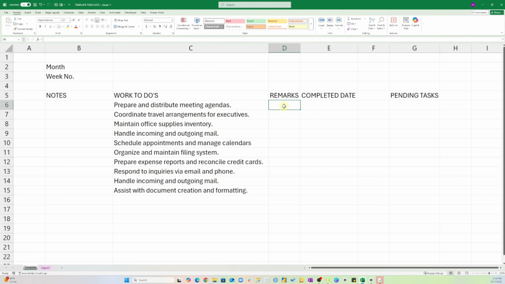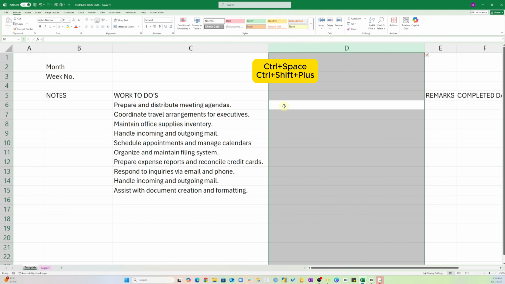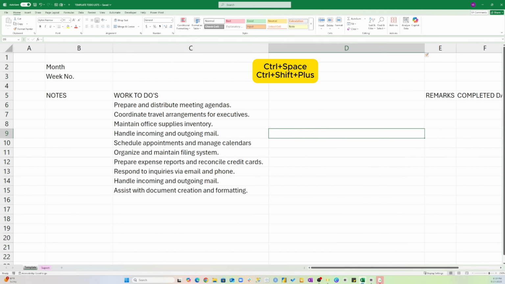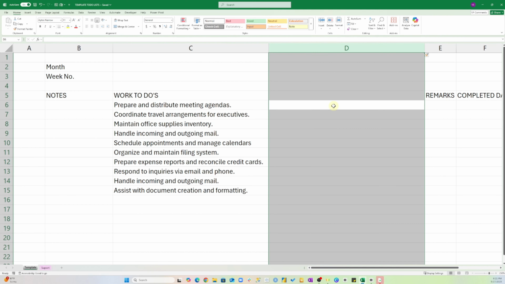I'll click on cell D6, press Ctrl space to select the entire column. Press Ctrl Shift plus to add a column. Then I'll click on cell D6 again. Press Ctrl space to highlight the column. Then on the Home tab, go to Format, select column width,